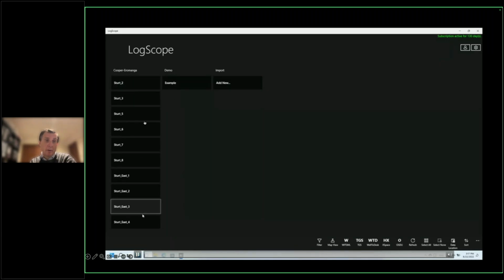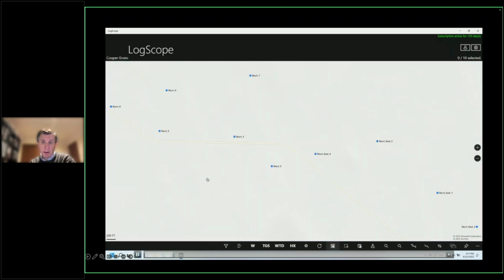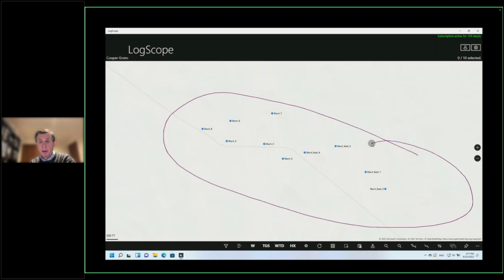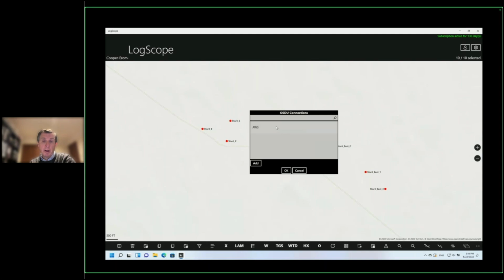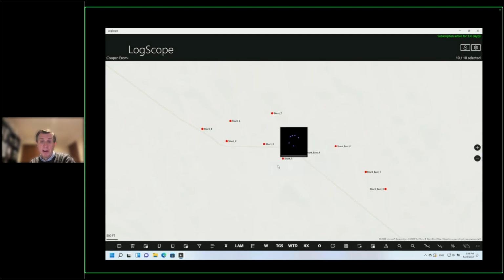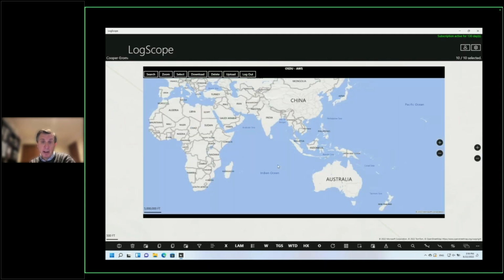So here I've got all the wells. I've got them in a list. I'm going to change to a map view so I can see all my wells here. So I just draw around them and highlight them, and they're highlighted in yellow. I then go to the OSDU, and I'm going to choose the AWS OSDU to upload, and it takes me in there. And then I just go upload,